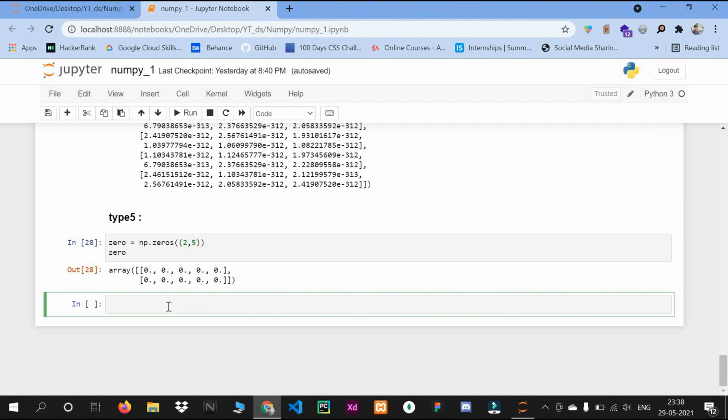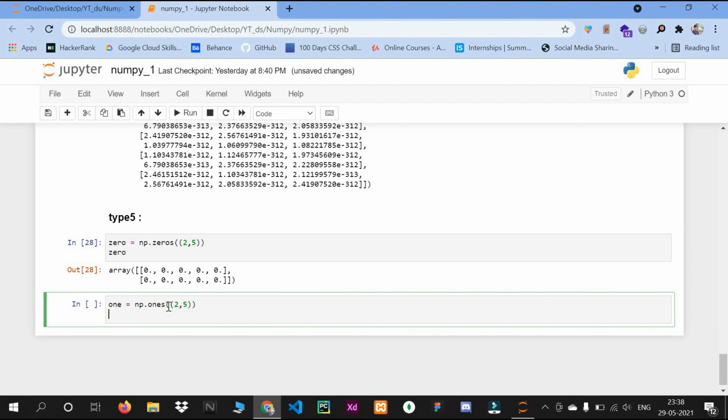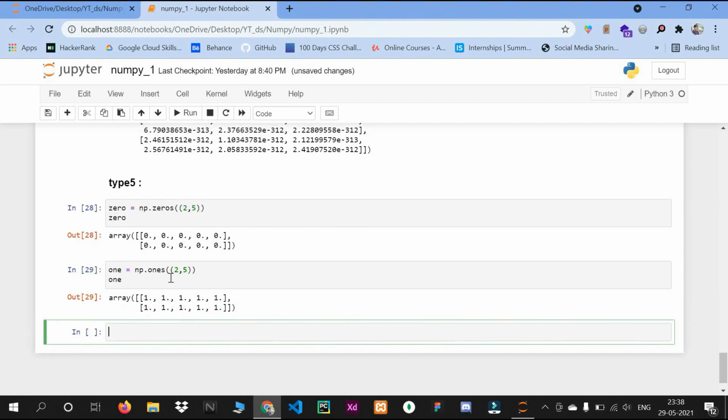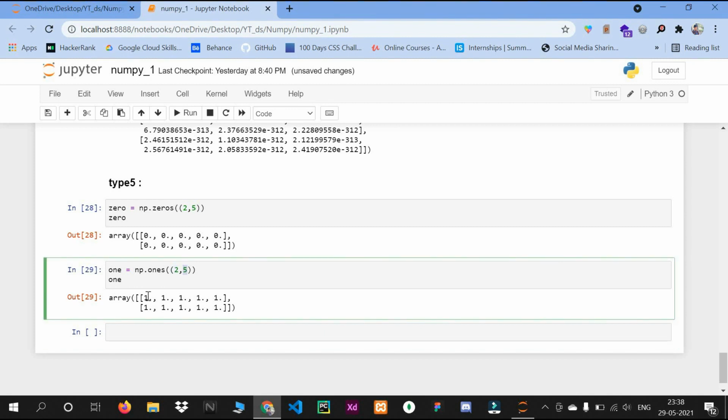The second type is ones. It is the same as zeros, only it gives ones. I will write np.ones and pass the same 2 and 5. Same 2 rows and 5 columns, and all elements are filled with ones.